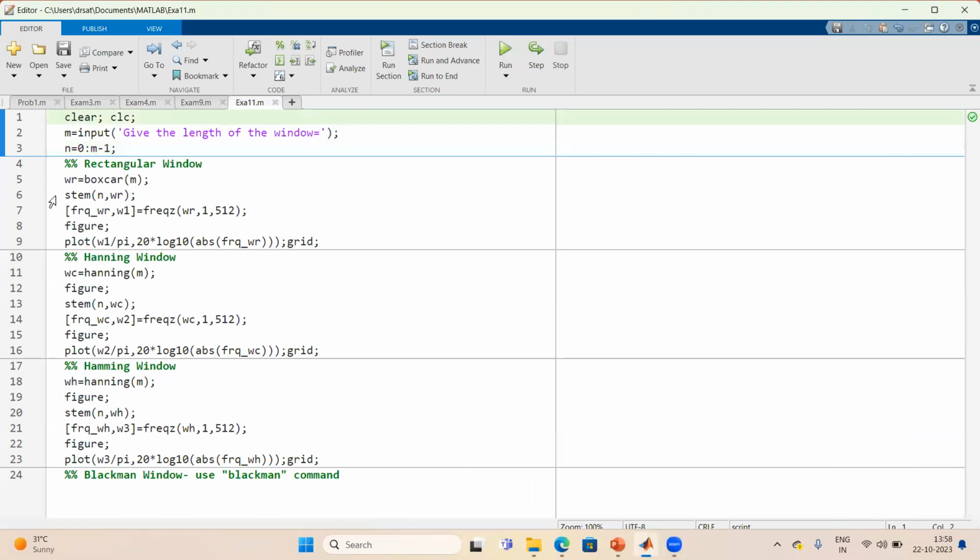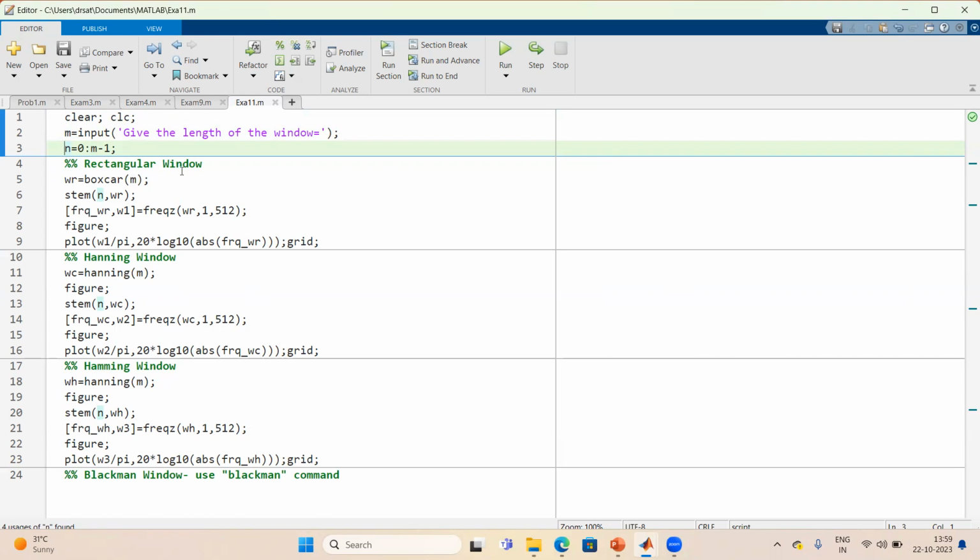The first line is clear and clc. I have already explained this is to clear the previous variables in the workspace and to clear the command window screen. Here we have to take the window length, so we have to give the window length here, and then first define the time index array, right? And then for the rectangular window,